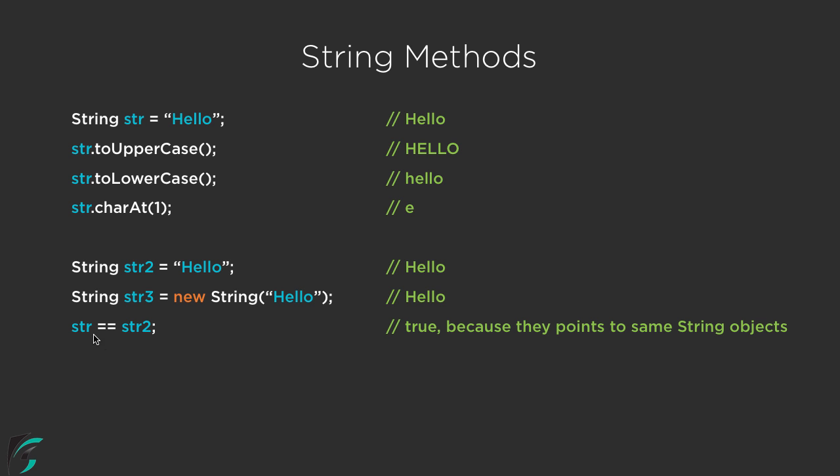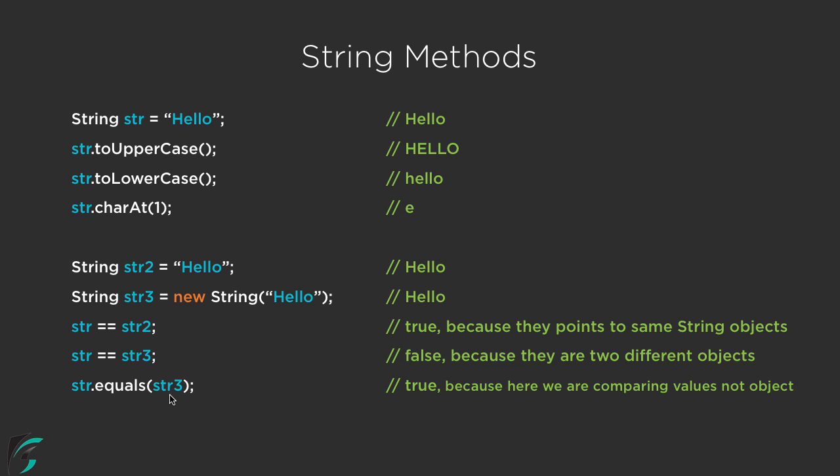And now if we compare str == str2 by using the comparison sign, then it will simply return true because they point to the same string object. So this str2 and this str are equal both in terms of value and in terms of object as well. But now if we compare str with str3, and this str3 was created by using the new keyword, then it will simply return false because they are actually two different objects. So please make a note here: two different objects with the same value are not the same, so it will return false.